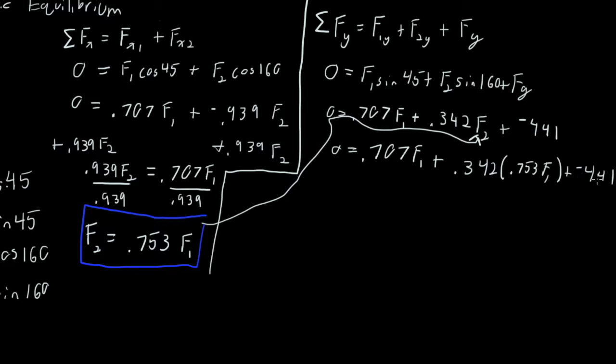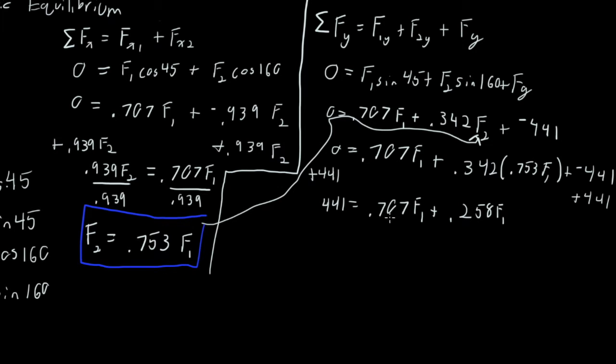Now I'm going to add 441 to both sides. And I'm going to distribute this 0.342 into the 0.753, just multiplying decimals here. And that gives me 0.258